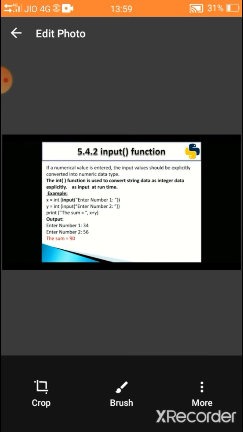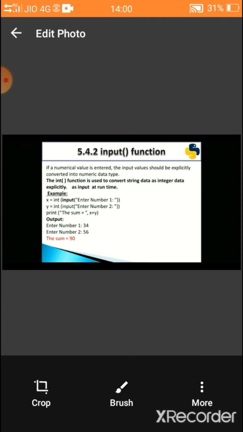Let's see the example. x equal to int bracket of input and then one more bracket, "Enter number 1:", close the bracket. You have to close the bracket again because there are two opening brackets, so we must close two brackets.